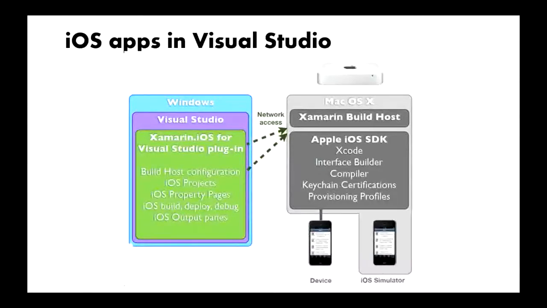So the way that the whole interaction between Visual Studio and Windows works is you're actually running on a Mac. So you have the Mac that is the main host machine. You run a virtual machine. I run Parallels. I have Windows and Visual Studio running in Parallels. And Xamarin's installed on both machines. It'll start to then remote the communication between Xamarin.iOS on Windows to the Mac OS, and the emulator is what actually runs on the Mac OS, or the deployment to the device happens on the Mac OS.